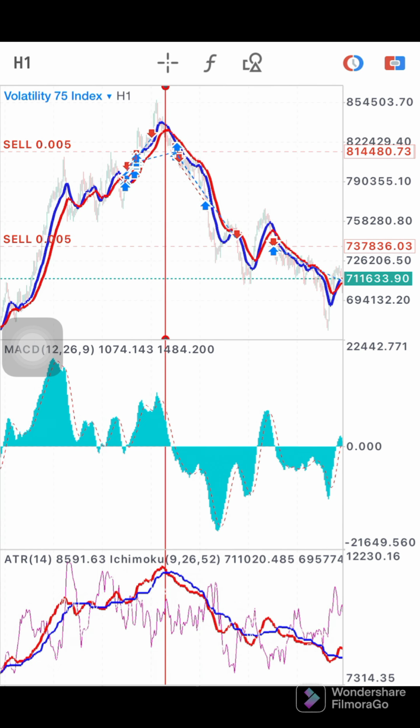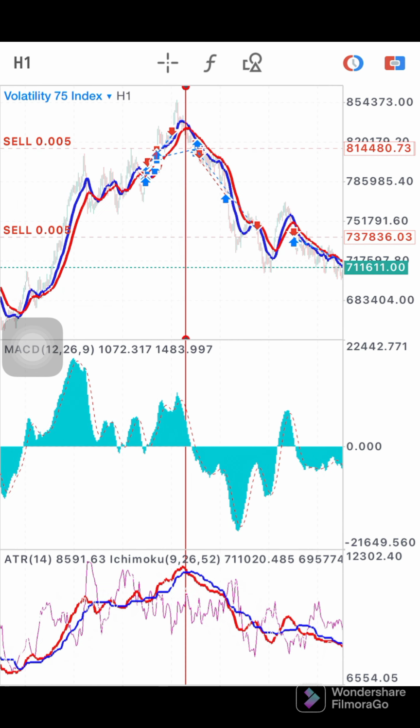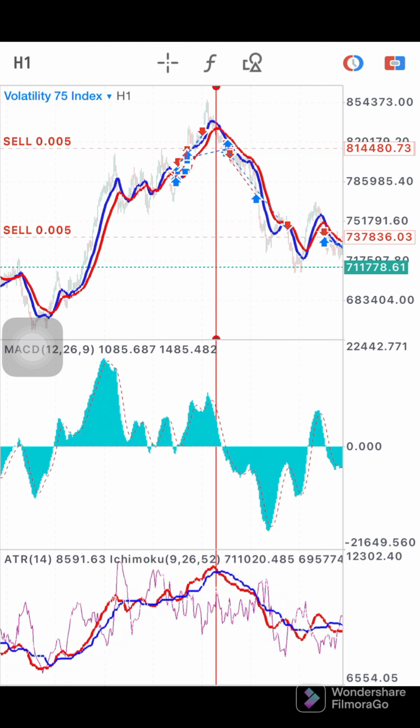Let me give you the recap of the rules. Number one rule, make sure you are trading with the trend. Number two, if you are using the high time frames, use the last zoom level. If you are using the low time frames, you can use the last zoom level, but you can also use the first or second zoom level as well. Any one that is visible to your eyes and gives you the correct price action nature of the market, use it, please. Then the next confirmation is for you to get crossover from your moving averages